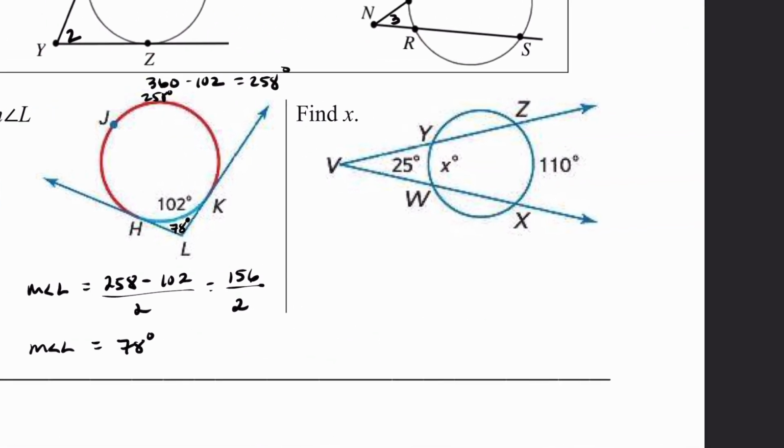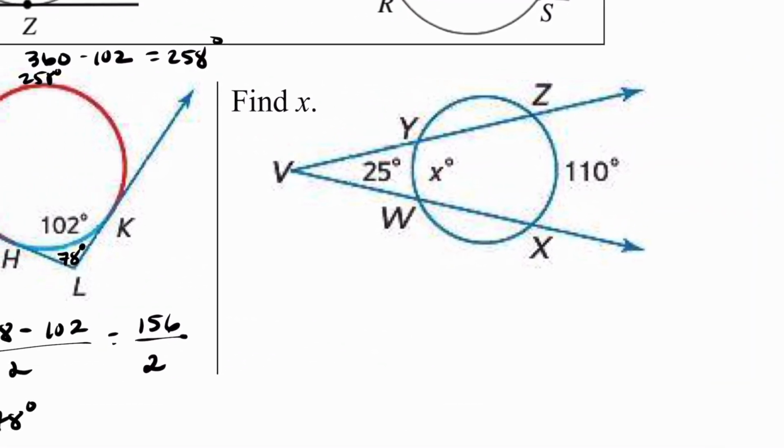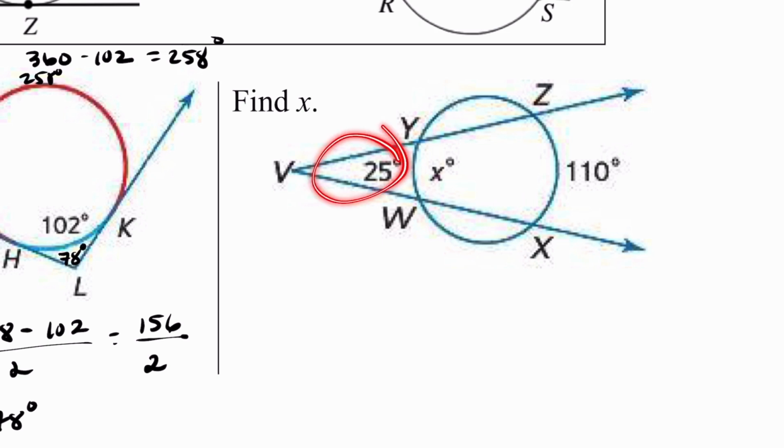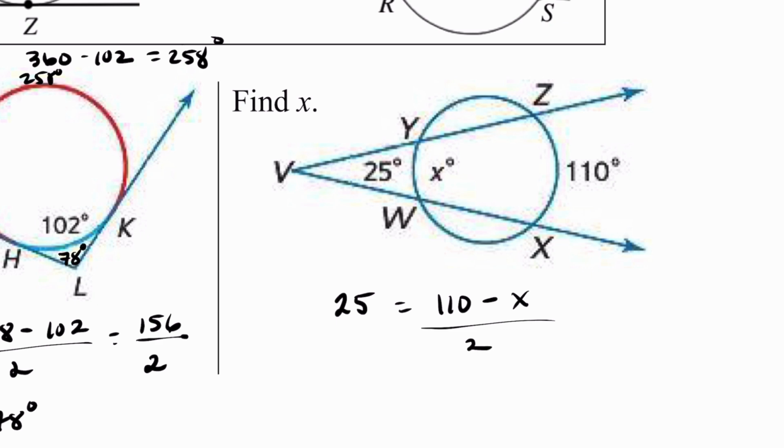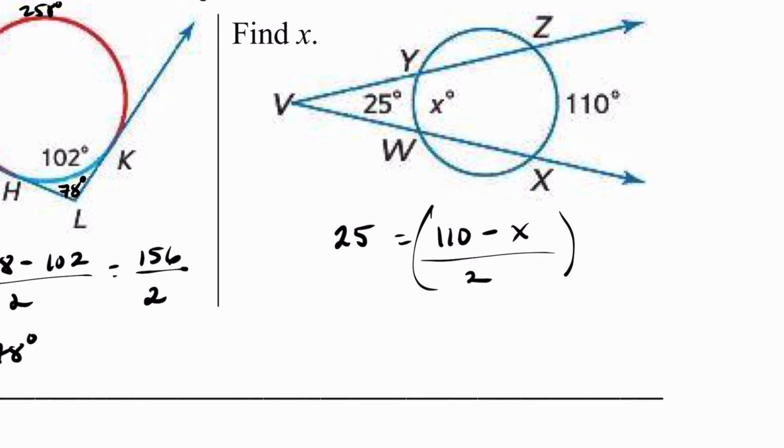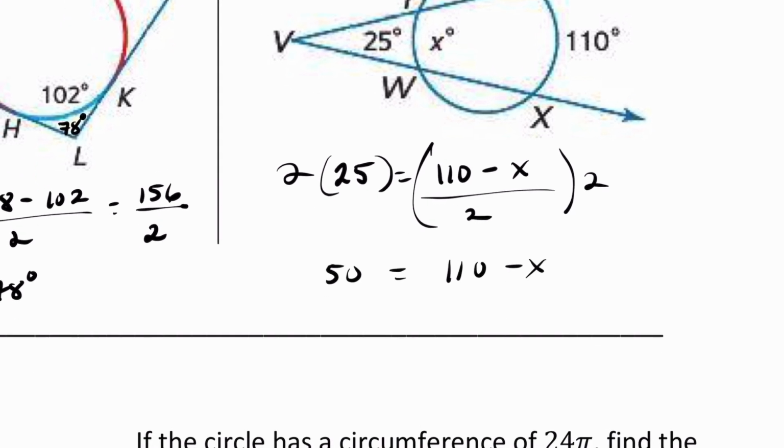Okay. And here is our last problem. We have our angle, we have our big arc, we have our small arc. So it's 25 equals big minus small over 2. I multiply both sides by 2 here. So that's 50 equals 110 minus x. And then if I subtract both sides by 110, I get